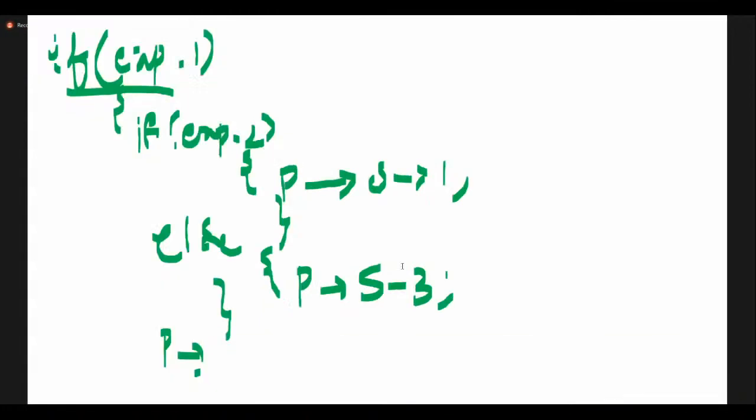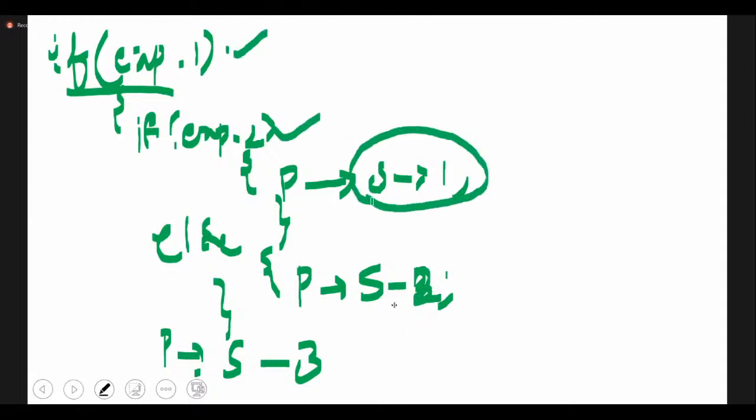So you will have to print statement 3. Print statement, this is 2, no? Okay, so if exp1 and exp2 are true, then you are going to print statement 1. If exp1 is true and if exp2 is false, then you are going to print statement 2. If exp1 itself is false, then you are going to print statement number 3.